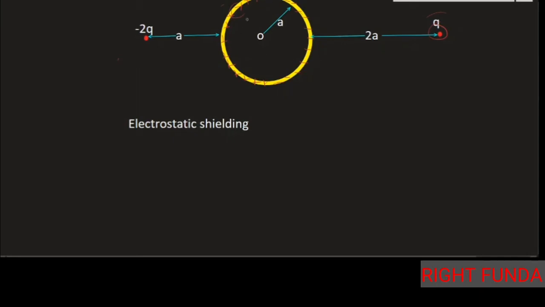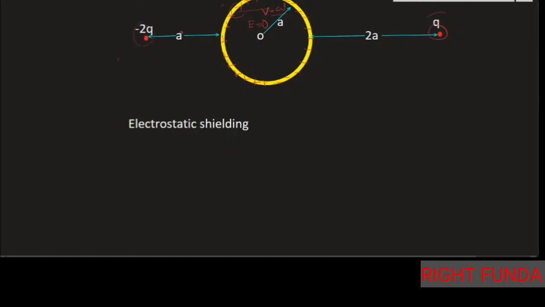If it is an equipotential surface, this whole volume has to be an equipotential volume, because there is no charge inside. So V has to be equal to constant. If V is constant, the electric field at every point inside the spherical conductor has to be equal to 0. What has to be 0? The net electric field needs to be equal to 0 inside. And what is the electric field there?